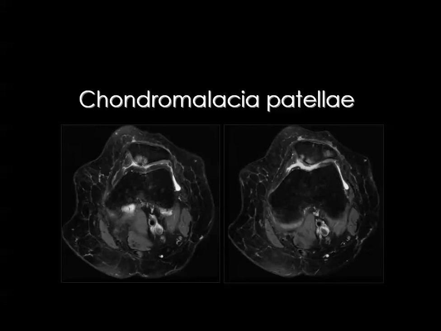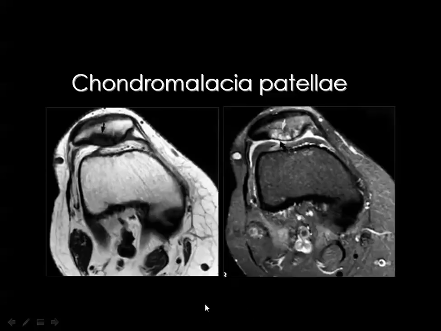But if you see bony changes, and there is, of course, total loss of the articular cartilage. This area, you can see the articular cartilage, but here you cannot see the articular cartilage, as well as bone marrow edema within the patella, diagnostic of an advanced stage of chondromalacia patella. And this is also an advanced stage with almost total loss of the patellar articular cartilage, cystic changes in the